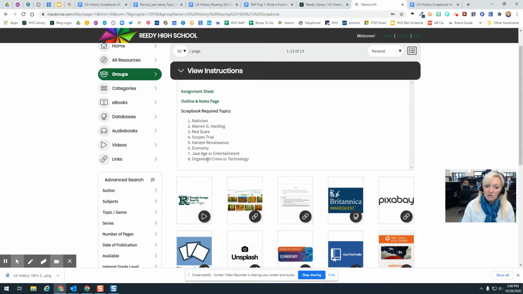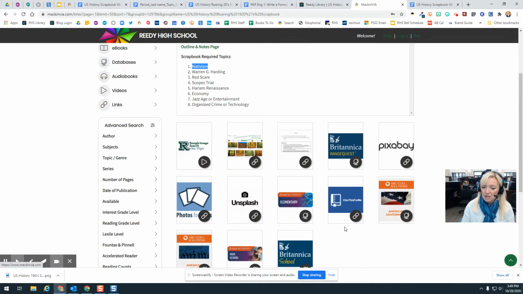put the required topics in here because sometimes when I'm looking in these resources, I type a word in and I misspell it, and then it's like, no results. And I'm like, what? And then I look and I realize I misspelled the word. So I made sure and put the topics here. So if you need to copy and paste, you can just copy and paste when you're searching in the different